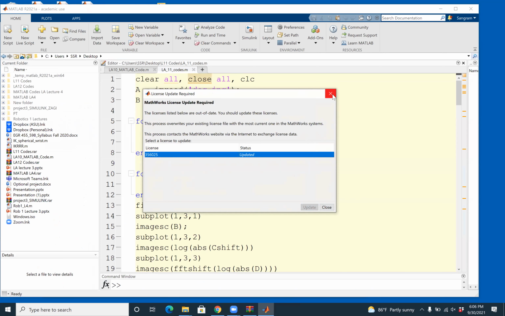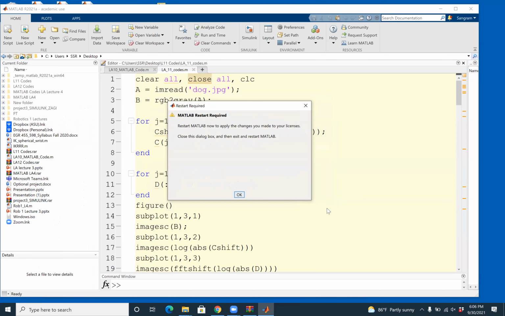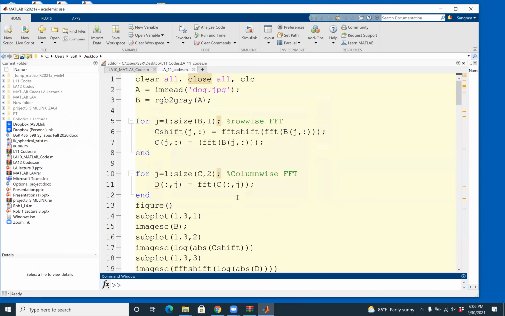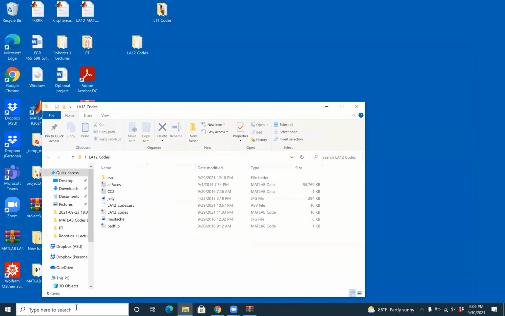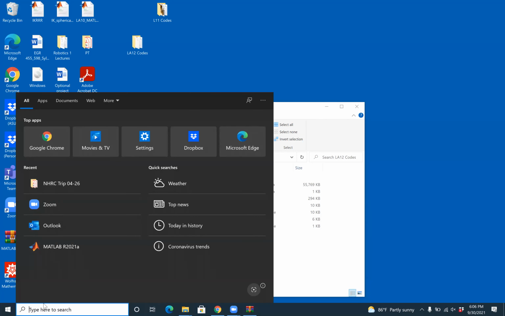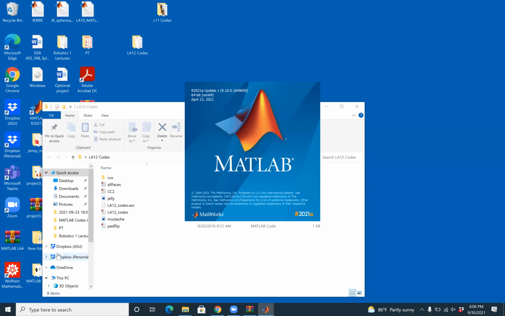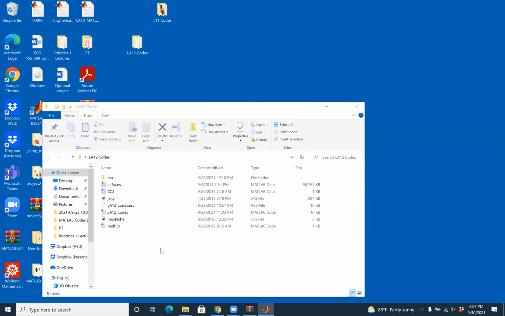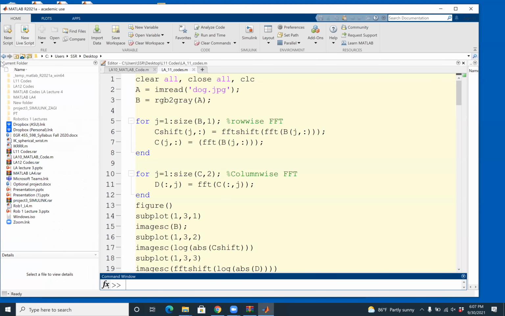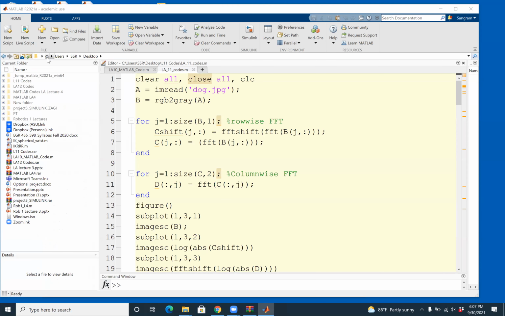Okay, now it's asking me to restart MATLAB for the license update. I will restart MATLAB, and hopefully this time it will be quick. Yep, that was quick. And then I want you to go to desktop.